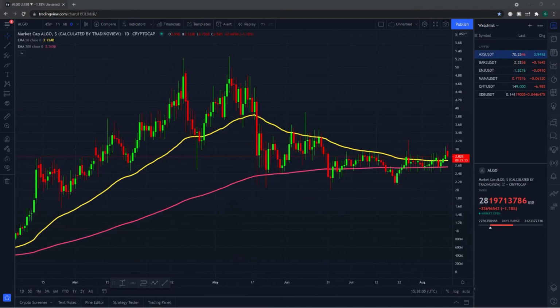Another common pattern is the double top, and it typically signals a downtrend. You will see this chart pattern more often than any other chart pattern, and it is identified by two prominent peaks. So I'm on the algo 1-day chart, and you will see we have this first peak right here